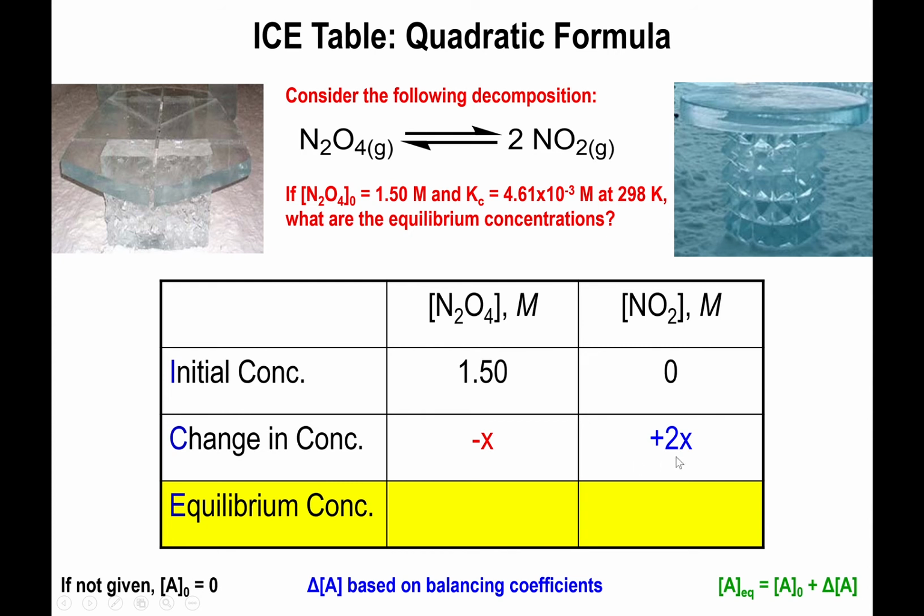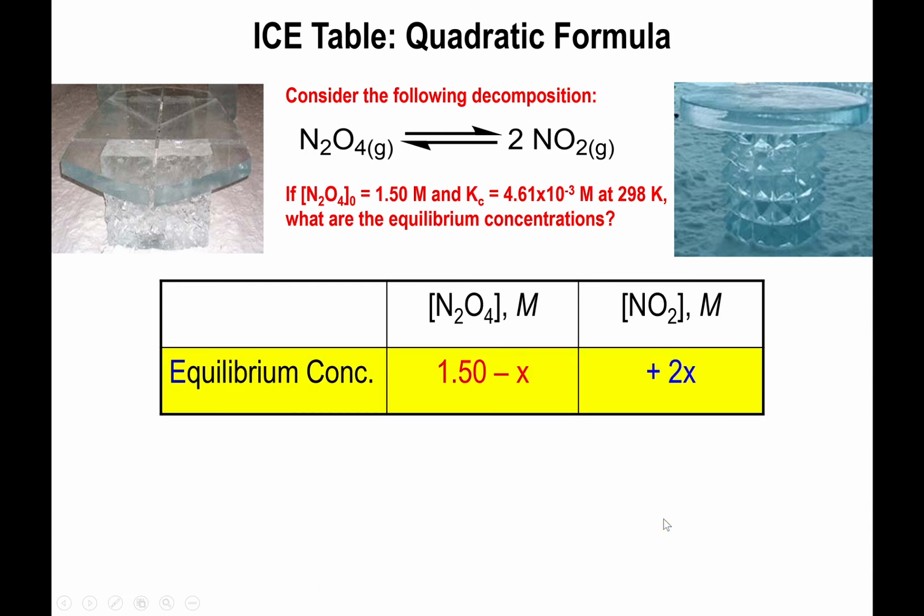It's important that you don't forget to look at them so that you don't mess up this part of the equation. And adding the two rows together will tell you that the equilibrium concentration of N2O4 is 1.5 minus x, and the equilibrium concentration of NO2 will be 2x. All right, now let me make some room, because now we have to use those equilibrium concentrations to set up